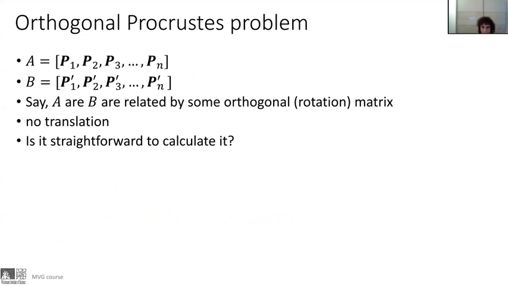And the orthogonal Procrustes problem says the following. If you have a set of points that you know, in any dimension, and a set of corresponding points in the same dimension, and you know that this set of points is related to the other set of points by some orthogonal matrix with no translation, then it is very easy to calculate which matrix transforms from A to B or from B to A. I assume that there are no outliers, maybe there is noise, but no outliers, okay? Then